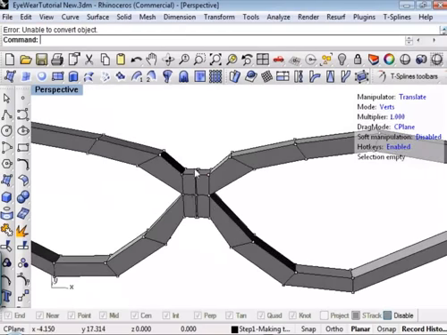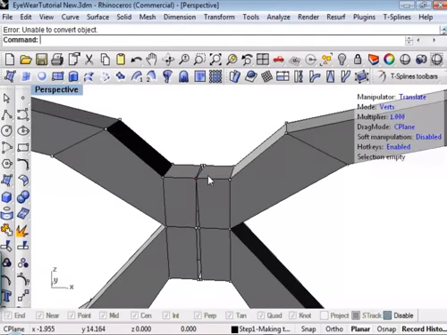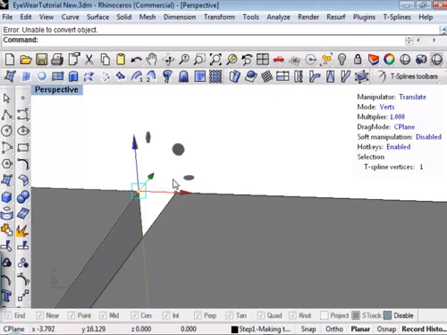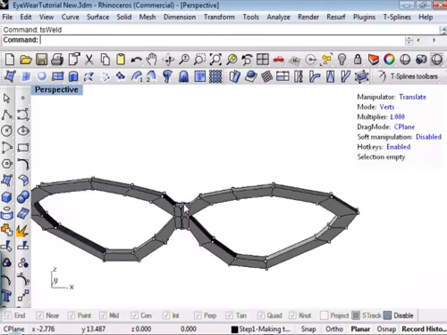And you'll notice that it's switched to box mode, and this freaks out a lot of new users because what's happening is it's saying that it's unable to convert the object. Well, the reason it can't do that, you'll notice this red dot here. It's saying that this dot is connected, but there's a whole bunch of other stuff around here that's not allowing it to be valid. So what I'm going to do is just continue welding this up, and